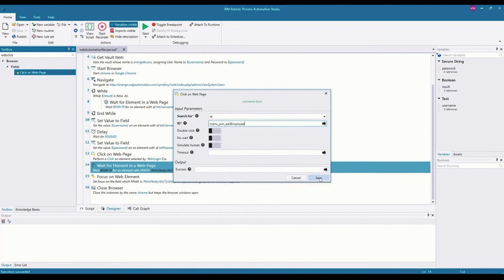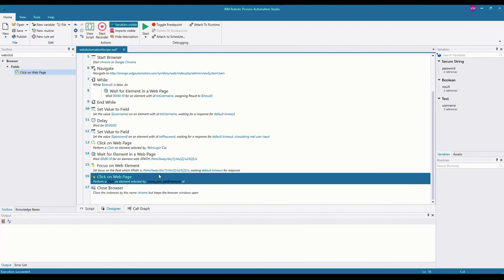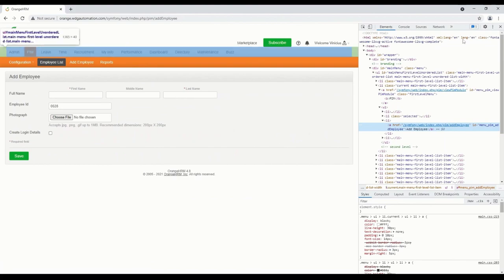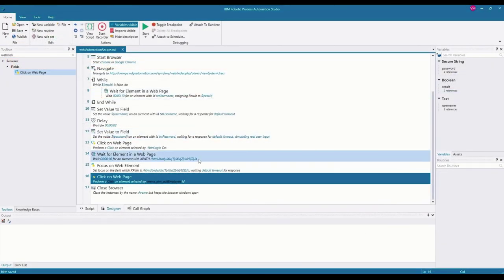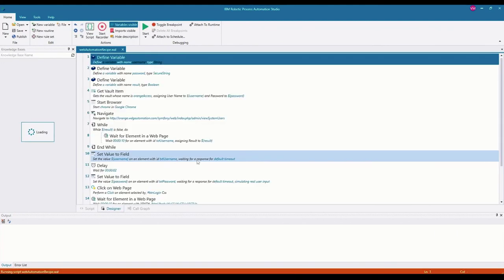and save. Now you notice that I never used simulate human on any of that. And you may be wondering, well, can you simulate this mouse hovering on an element and then have that enable another element for you to click on it without using simulate human? Well, let's check it out. I'm going to just run this bot without debugging. Actually, first let's close this browser